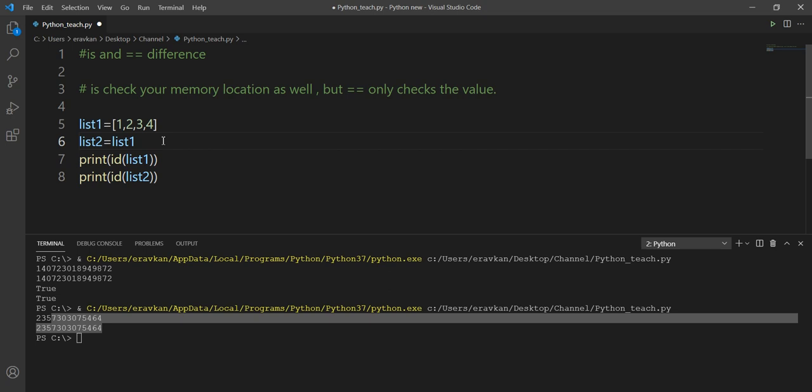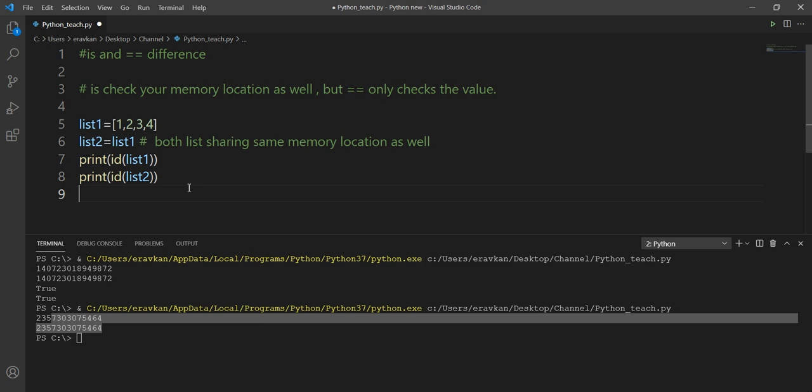So if we create the list by using the assignment operator, it means both lists are sharing the same memory location. So it depends on how you create your list.